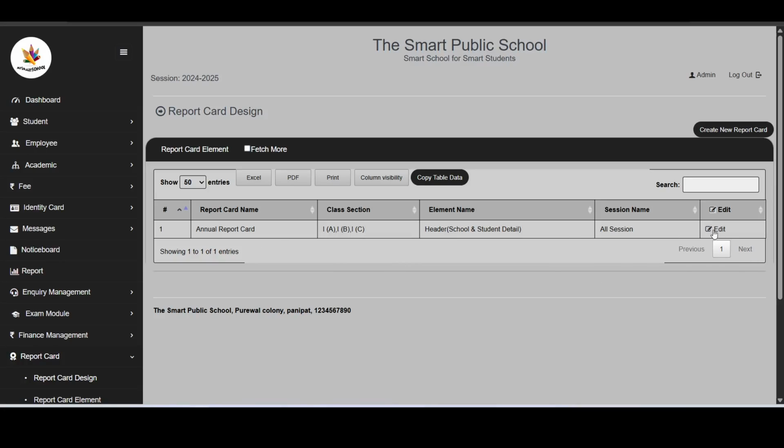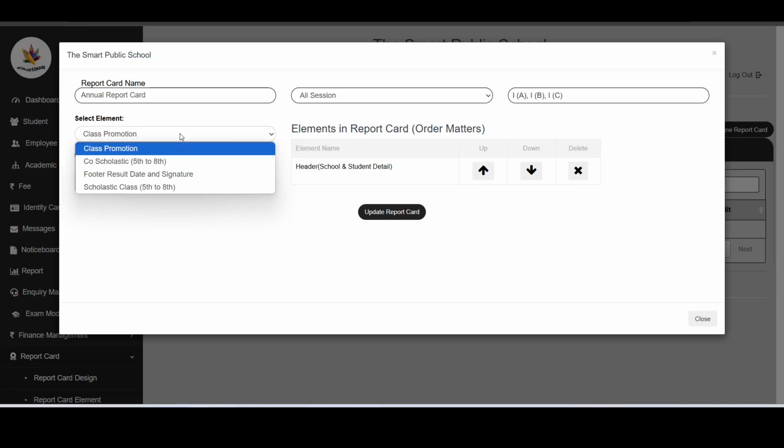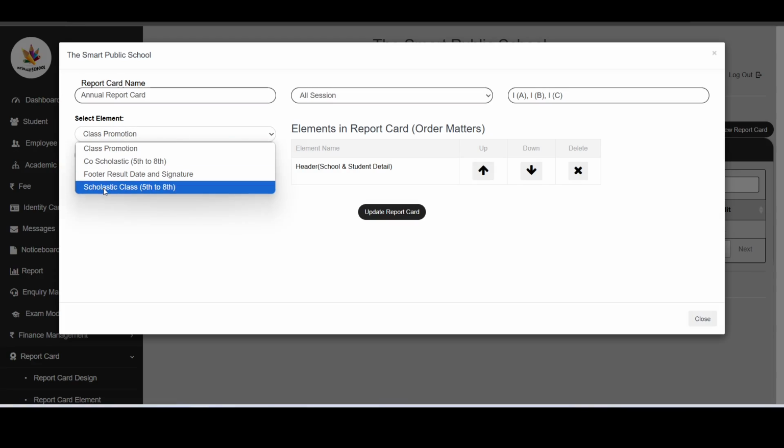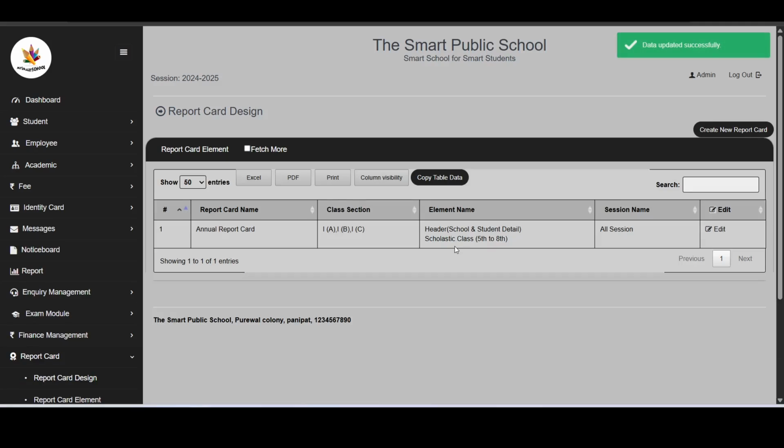Next we will add the next element. Here we will add a scholastic class report card. Go to this, add it and update it. Now we have added two elements here: one is header and the second is scholastic.